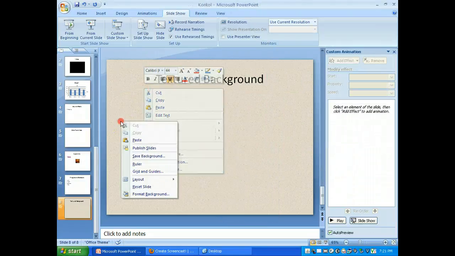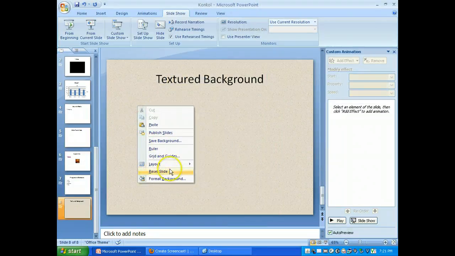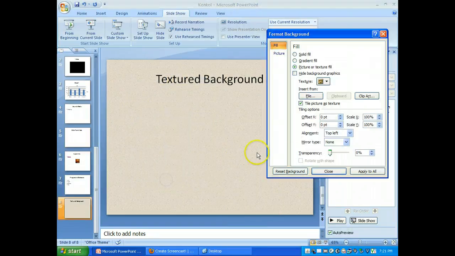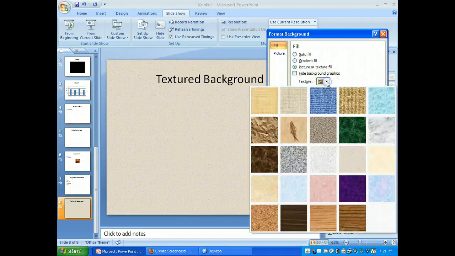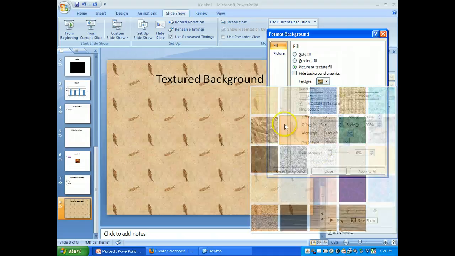Right-click on any slide. Doesn't matter what slide it is. Right-click on it. Format background. Go to the area that says picture or texture fill, and then there's a drop-down for texture. And you select the texture you want